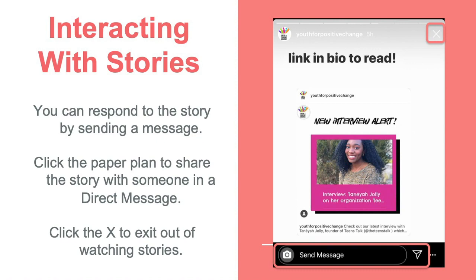And then it'll go into a direct message. So that's how you can get more in touch with people that you follow or just want to talk. And then when you're done with the story, if you don't watch it all the way through, you can just click the X to get out of it.